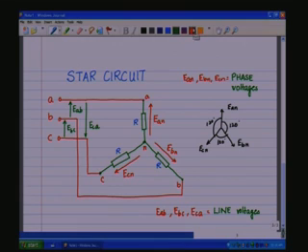Now, one more parameter, let us call this as IA, and what flows through this line here as IB, and what flows through this line as IC. Okay. Then IA, IB, IC are called the line currents,